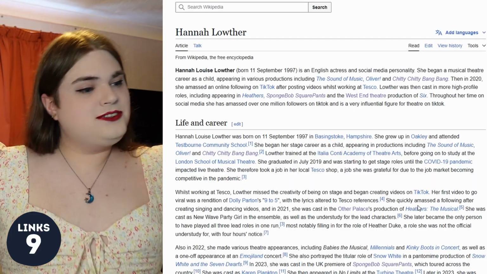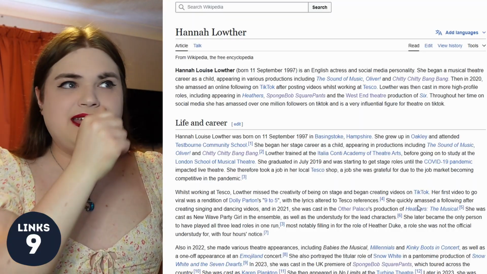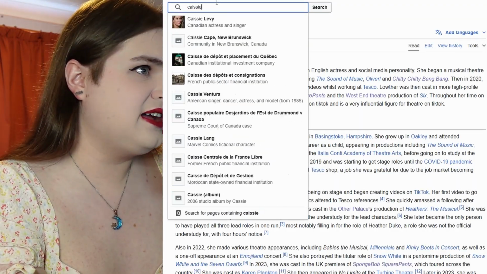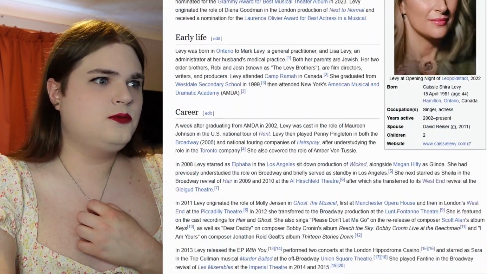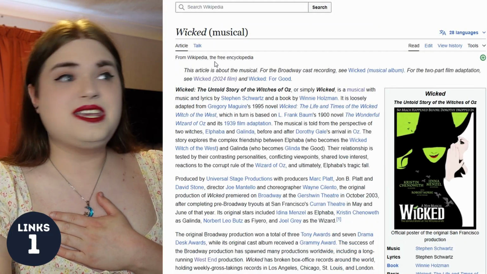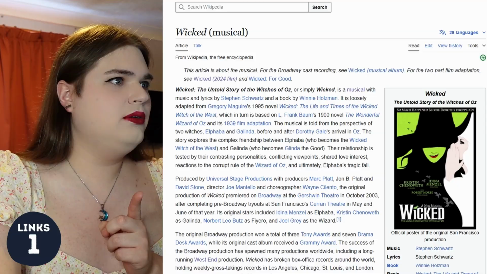It just came to me. But knowing that, because I know that Casey did Wicked as well. So if I go back to Casey, I can actually get there quicker, because Casey did Wicked. Because I said, oh wow, she was alongside Hilty. So I can go Wicked, one link. I might even be able to whittle this down even further.